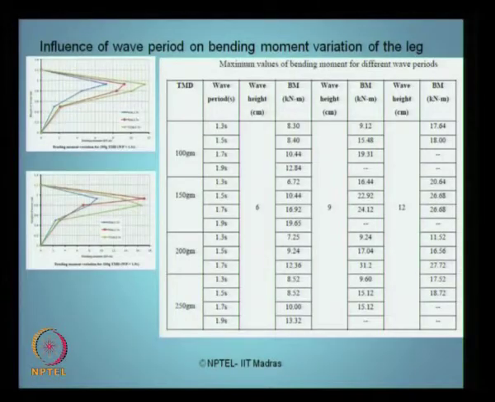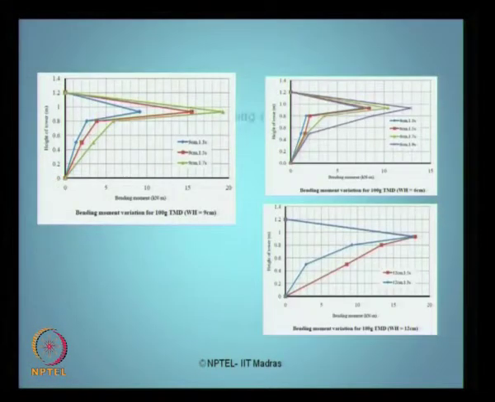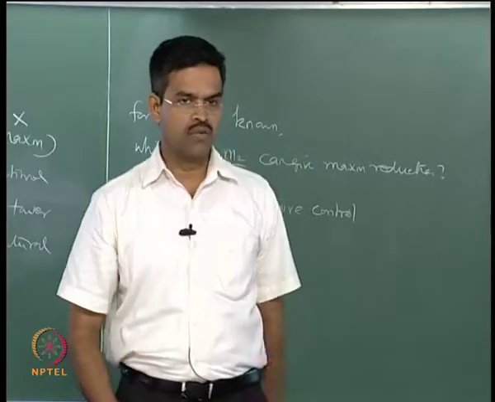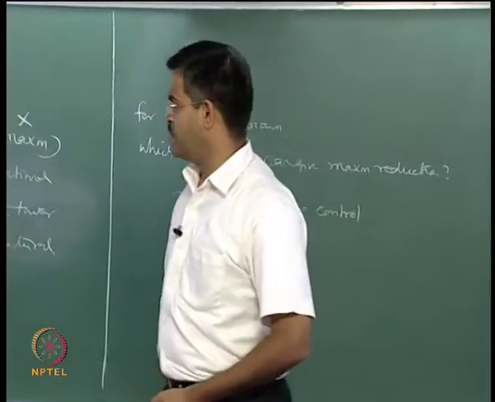Let us see what happens when I change the wave heights, because the earlier case was for constant wave height. Now, I change the wave height for TMD 100 grams, 9 centimeter, 6 centimeter, 12 centimeter. Okay. I am changing the wave height. Of course, the plot is also showing different periods as well. Again, you see qualitatively the bending moment maximum occurs for all the cases at the same point, right, but there is a reduction quantitatively in the bending stress or in the bending moment.